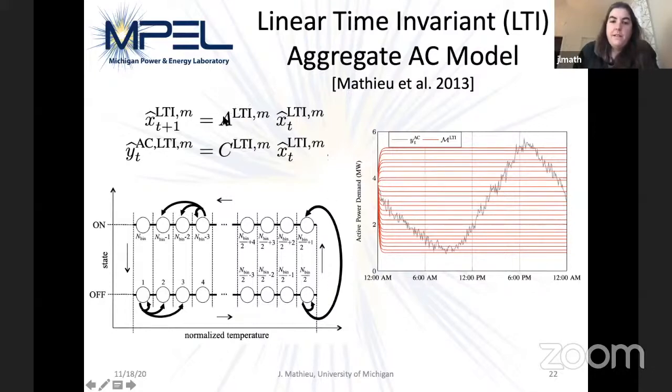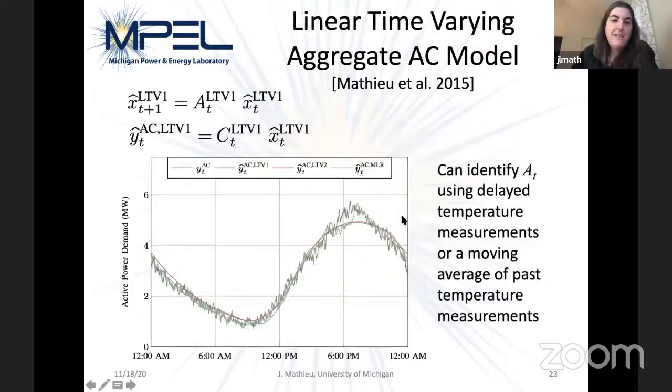The problem, of course, with this model is it's time invariant. So that means A is fixed. When you parameterize this model with a choice of A and C, you end up getting a straight line. The red lines are each a different model that corresponds to a specific outdoor air temperature, where we've identified A based on that outdoor air temperature. But once we fix that, all the model predicts is a straight line over time. There's no interesting dynamics that happen over time. So it's not very accurate. It's sort of precise once or twice, and then it's not accurate the rest of the time, right?